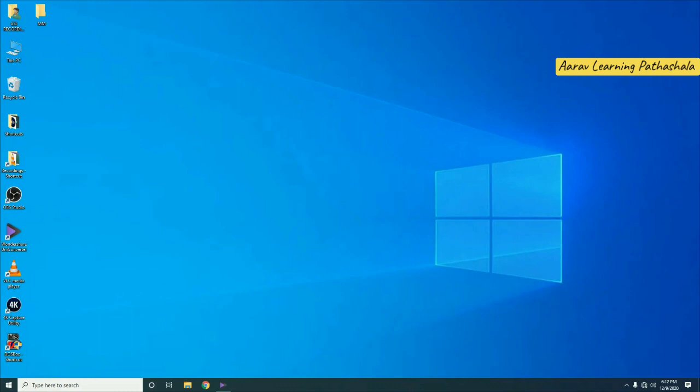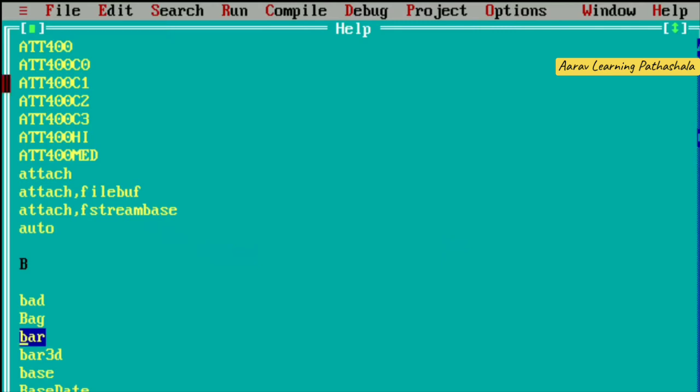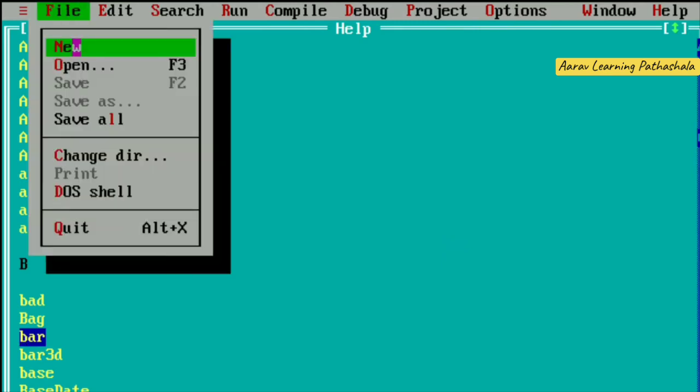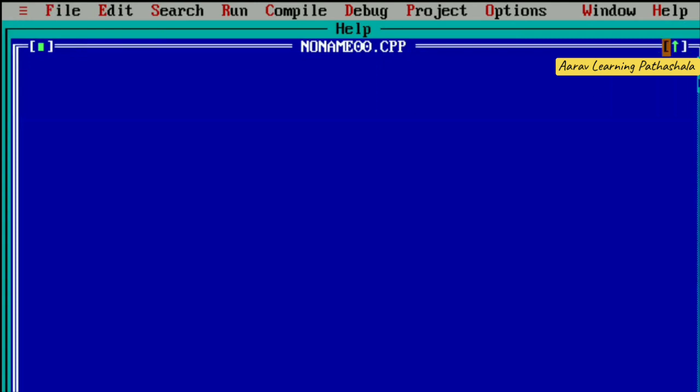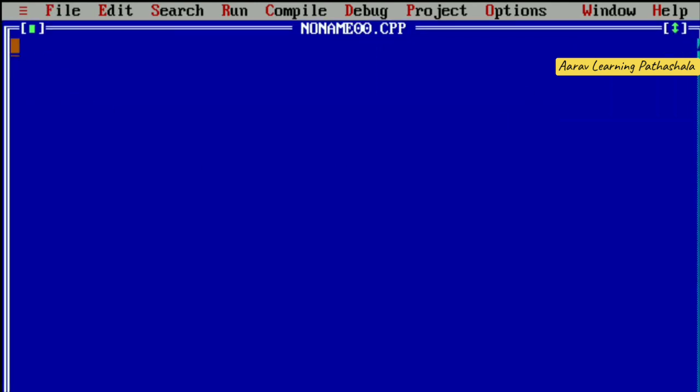To perform that, first click on DOS box. There we will get a screen. There on the menu bar click file, new option, then maximize the screen. Now first write in the comment section, that is